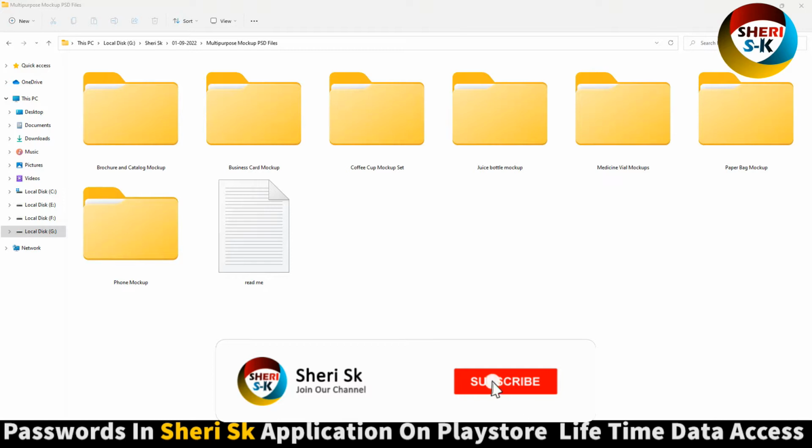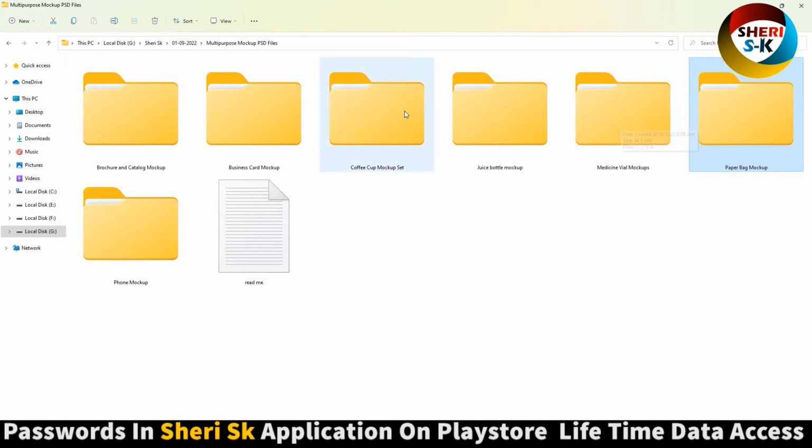Assalamualaikum friends, I hope you're quite well, and here is a multi-purpose Mockup PSD file for Photoshop CC plus version and